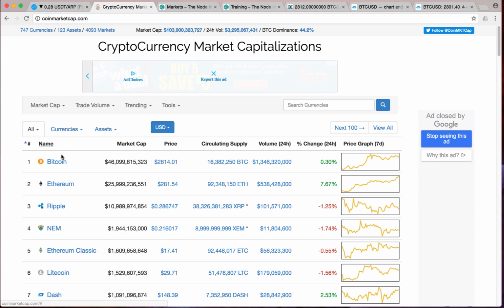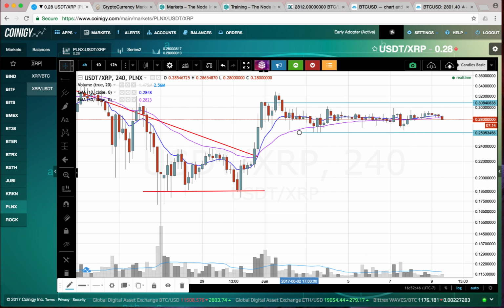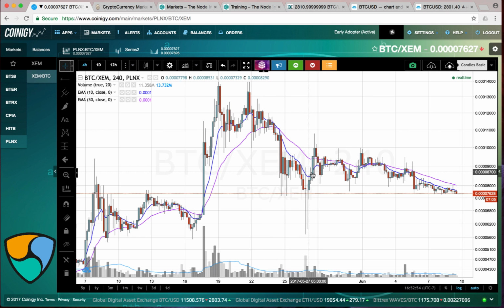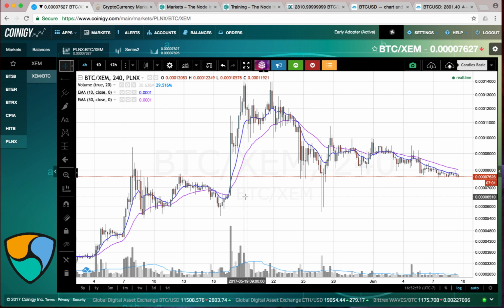Who's next on the list? NEM. Let's go to NEM. So NEM has not been looking good, to say the least. Let me show you what I'm looking at on NEM. Some plus, some minus here, but if we go back on the chart a little bit on NEM,